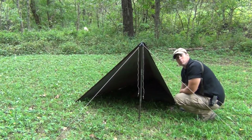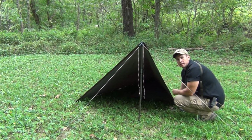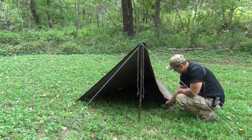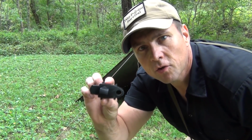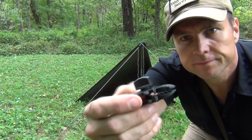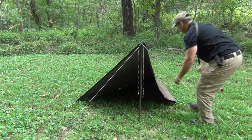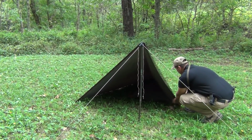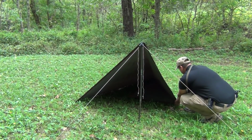Now, a problem that I have is the same that we had before, is that there is no hole right here where I want it. But that's not a problem. I have these great tarp clips. So all I have to do is find the exact spot where this is fairly square, just like this, and uniform, and take this tarp clip,